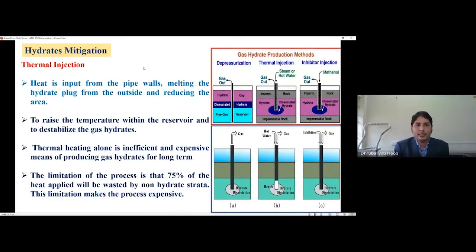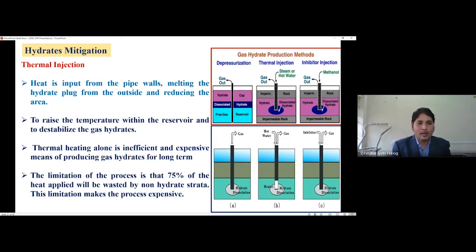Another option to mitigate hydrates formation is thermal injection. In this case, if hydrates are forming inside the tubing of flow lines, heat is required so that those hydrate plugs can be melted from outside, and once they melt, it is then possible to create movement of those hydrates so that they can be removed